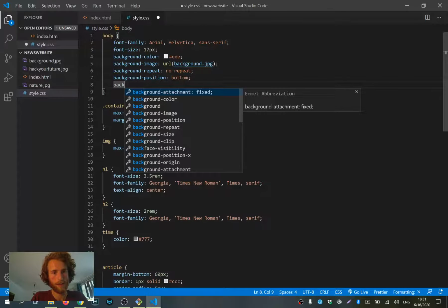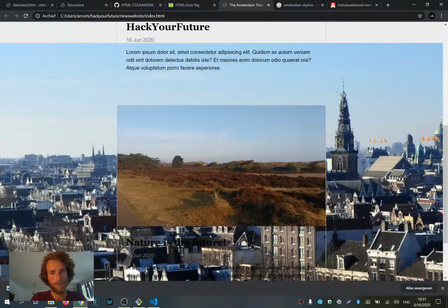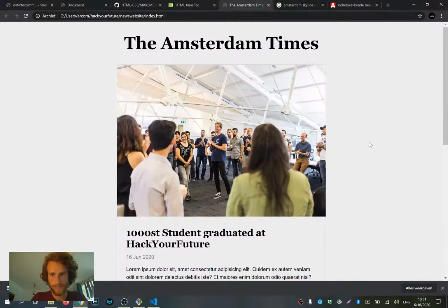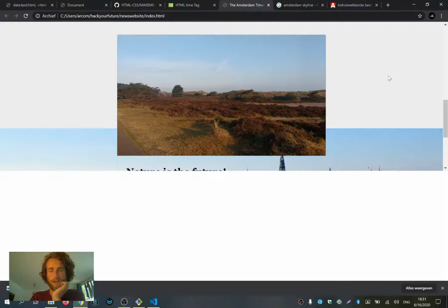And I think I can also say background size contain, so that it doesn't become bigger than the page. So now it's nice and small. But now it looks a bit weird that this is light gray and this is blue. So maybe what I can do, if I inspect the background,